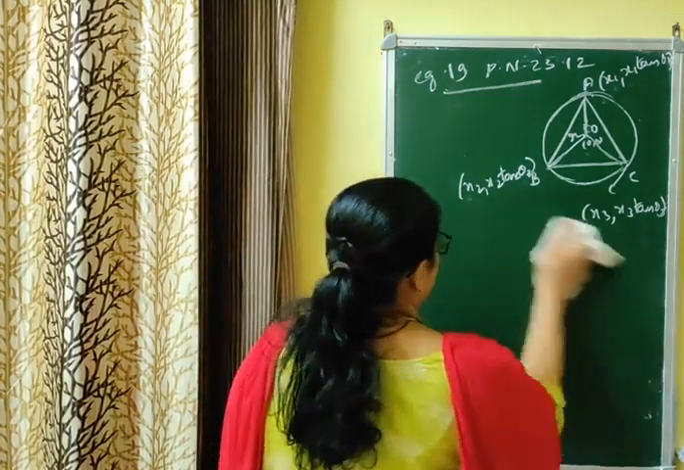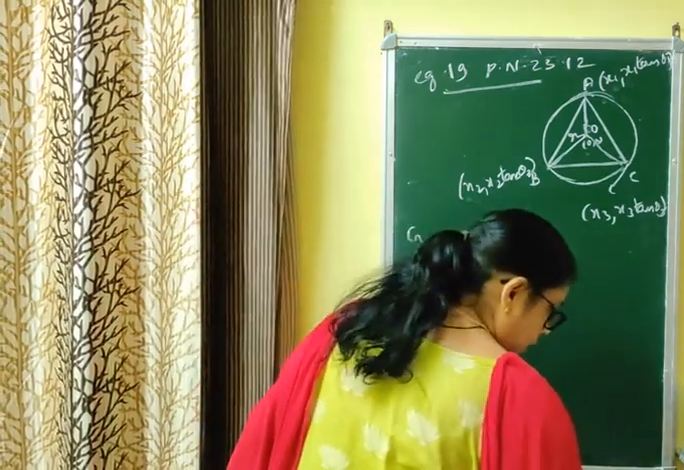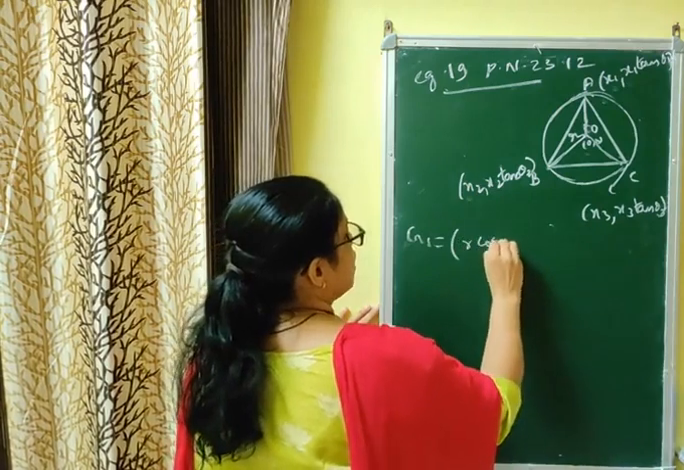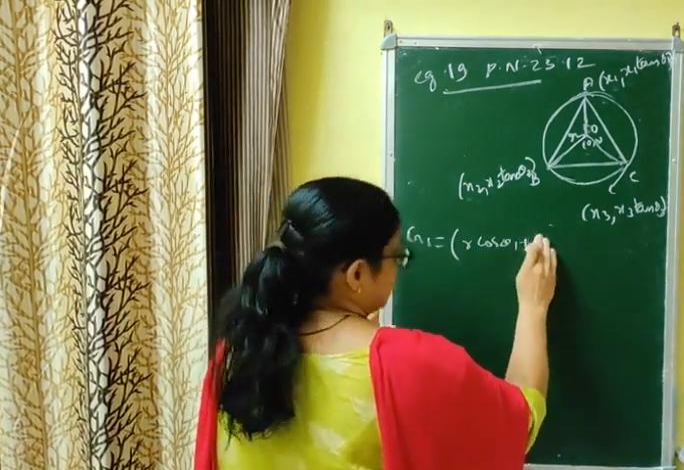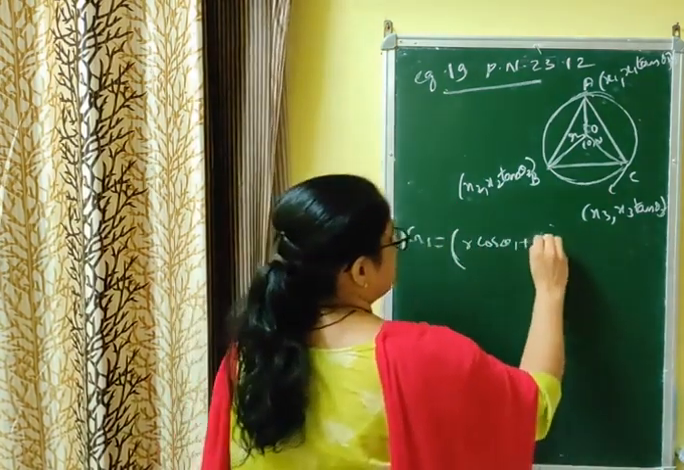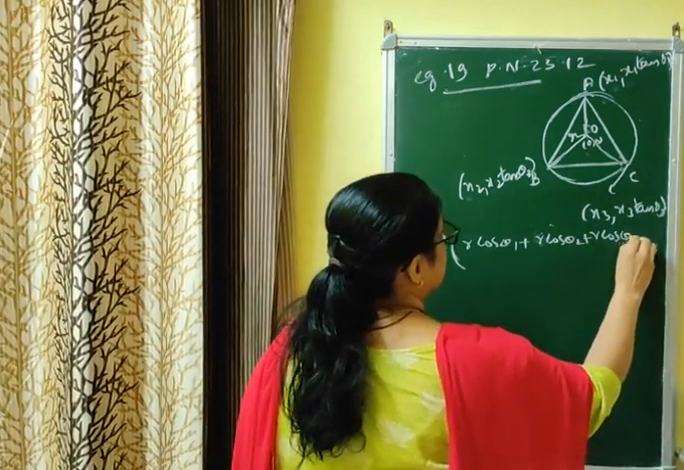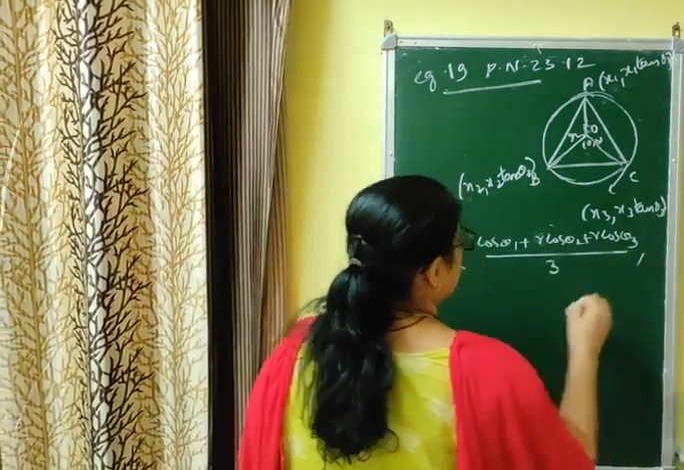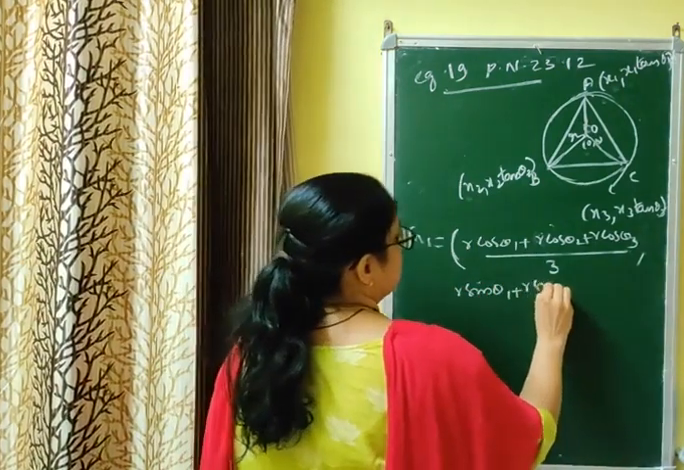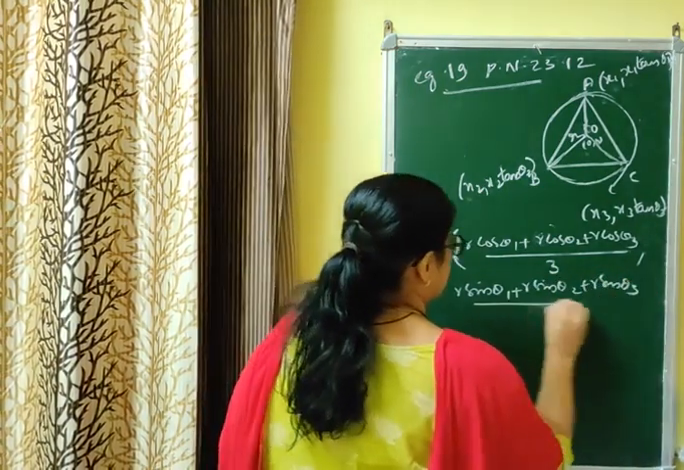That means first of all you have to find the centroid. How can you find the centroid? Centroid is equal to x1 plus x2 plus x3 by 3, that is r cos theta 1 plus r cos theta 2 plus r cos theta 3 by 3. This is the x coordinate. What is the y coordinate? r sin theta 1 plus r sin theta 2 plus r sin theta 3 by 3. This is the